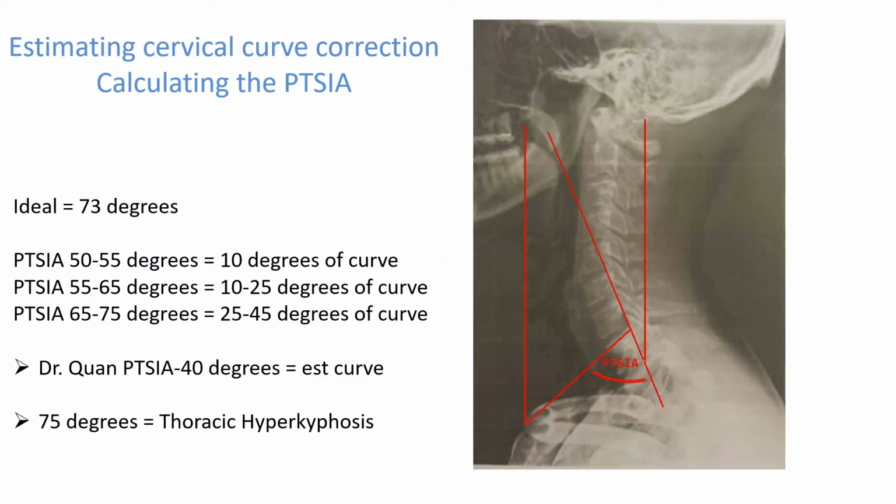Okay, so we put a dot right here at the base of T1, so the posterior inferior corner, okay? And you can put another dot right here. So don't worry about this line right now. That's for the slope of C7, T1. We'll show you that after. So I get my two dots, and then I connect them, or I draw what, if you remember from school, they call George's line. So I draw a tangent, which just means George's line, that runs along the back of T1. So that's kind of like my T1 slope